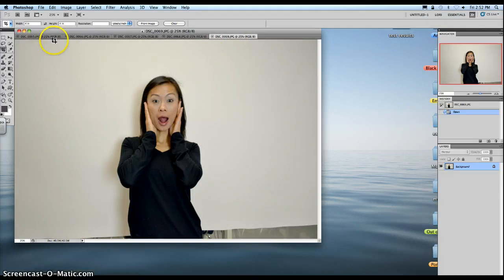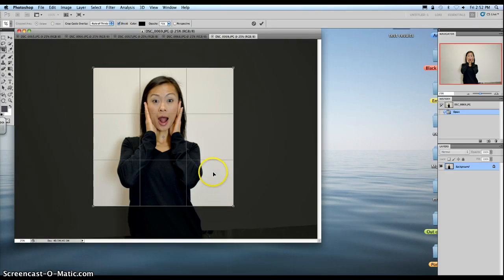And the first thing that I'm going to do is crop one of my photos. So I'm going to go to the crop tool, which is the third button down on the left-hand side. And I'm just going to pick a dimension that I want. You could do rectangle, you could do square. I'm going to go ahead and do a square. So I'm just going to do 4 by 4. I mean, you could certainly do 6 by 6, 3 by 3. It doesn't really matter. So I'm going to go ahead and crop